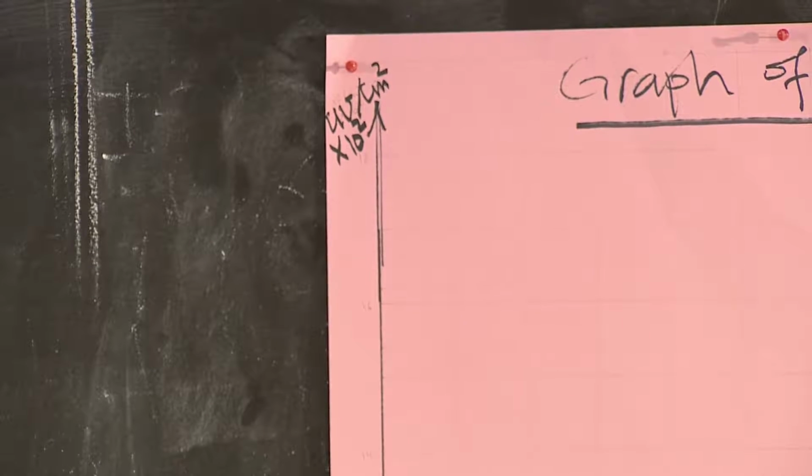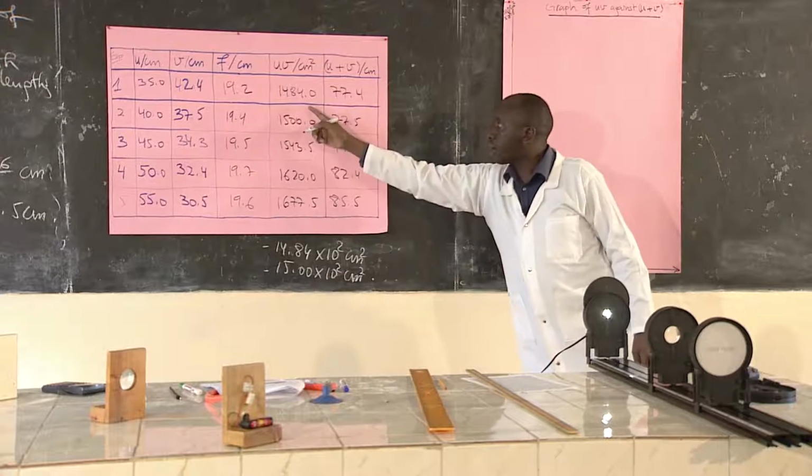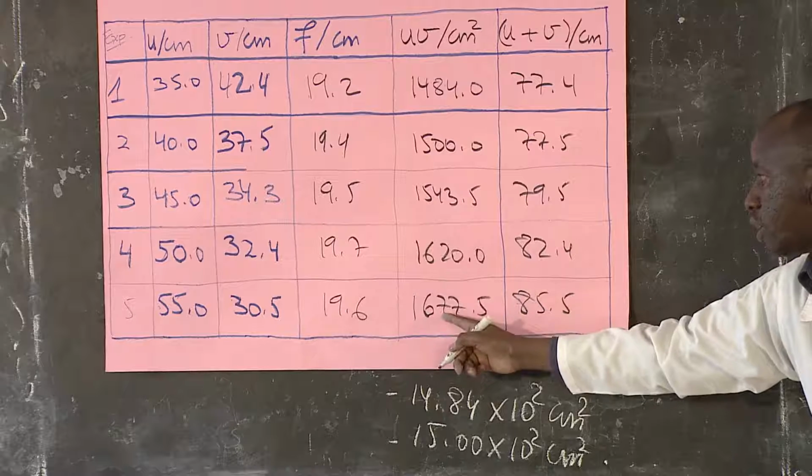It means that now I will be using this 14, 15, and then here I have 15.43, 16, then here